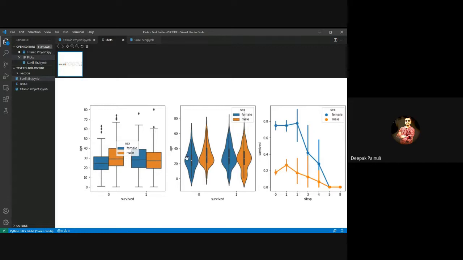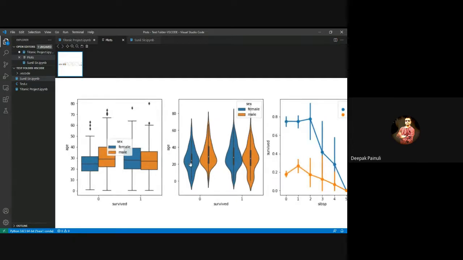In the same way, in the violin plot there is a white dot. This white dot is the same as the middle line of the box plot. It represents the median value of your data set or feature. There is also a black box: the bottom of the black box shows the first quartile of your feature, and the top of this black box represents the third quartile.